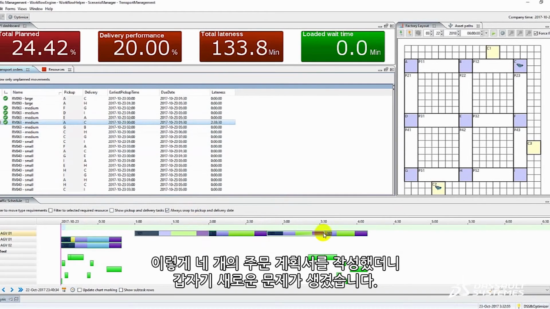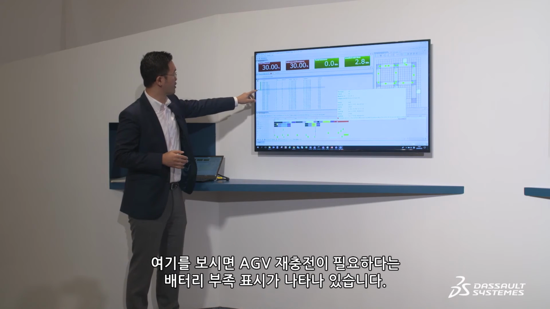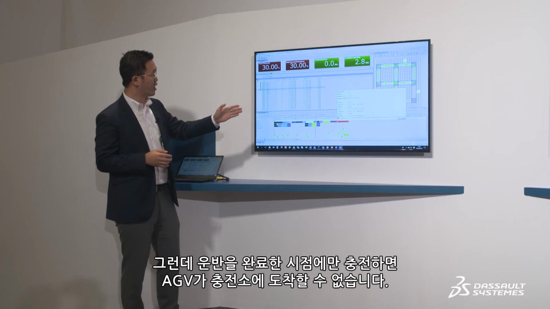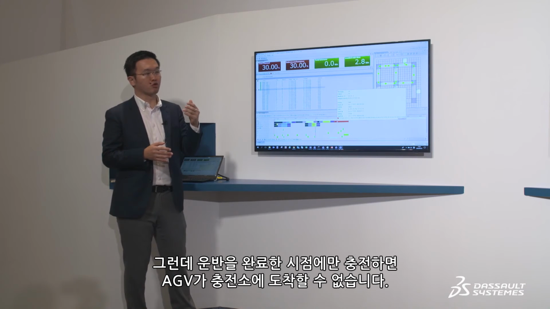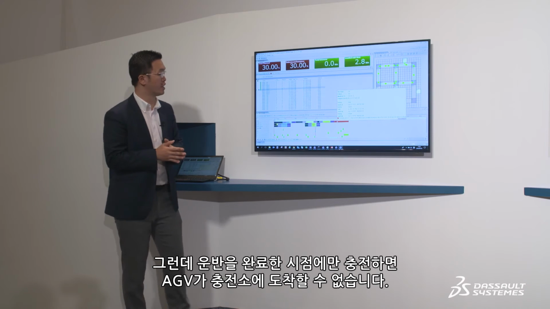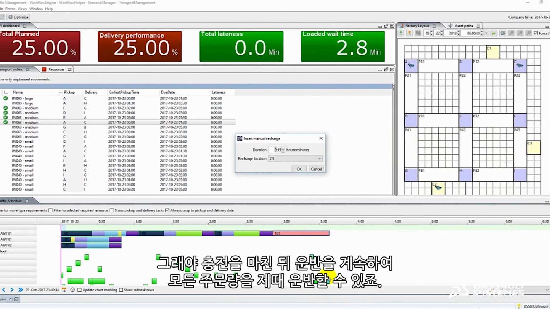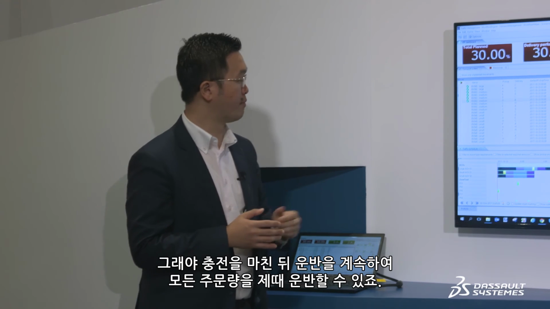So, after planning for 4 orders, suddenly we have another problem. Here you can see there is an out of battery sign that indicates the AGV actually requires a recharge. However, if we only recharge it towards the end of the movement, it is not possible for the AGV to reach the recharging station. Therefore, it is necessary to actually recharge at the front part. So with the recharge, it is then able to continue the delivery,